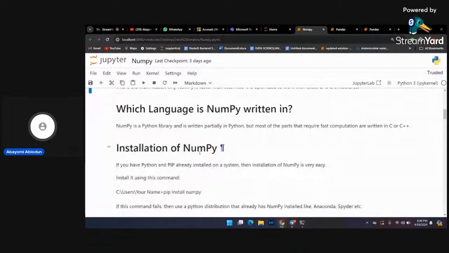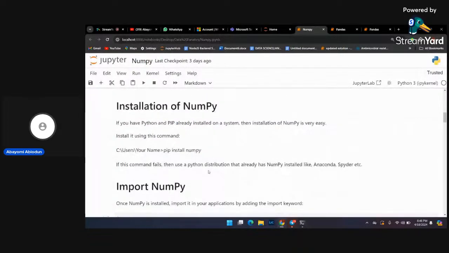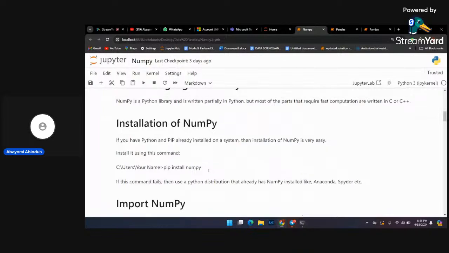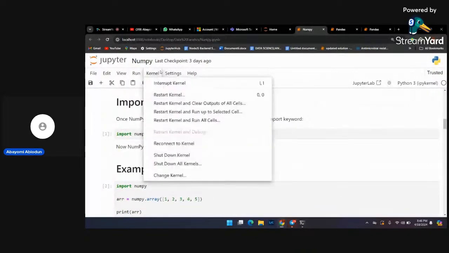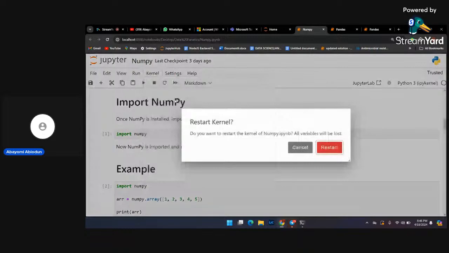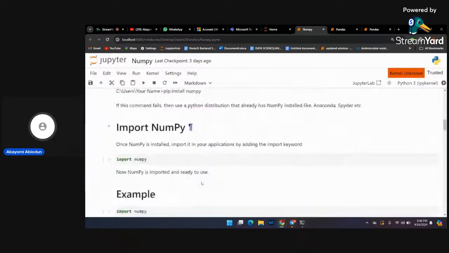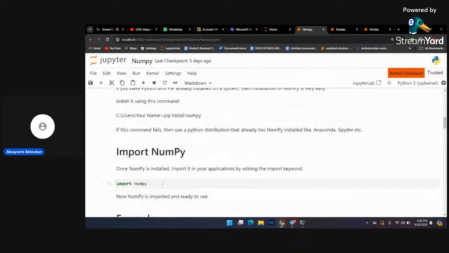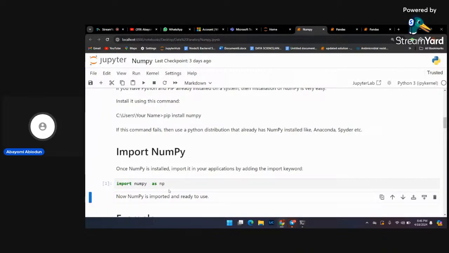For installation of NumPy, if you are using Jupyter Notebook from Anaconda, you don't necessarily need to install it anymore. You just go ahead and import the library: import numpy, but I also use the alias np, as np. So when I run this,